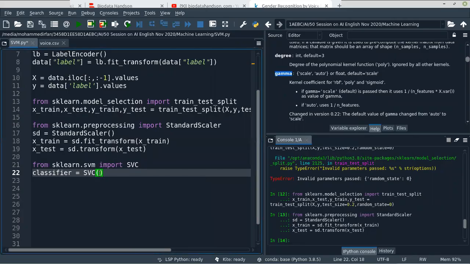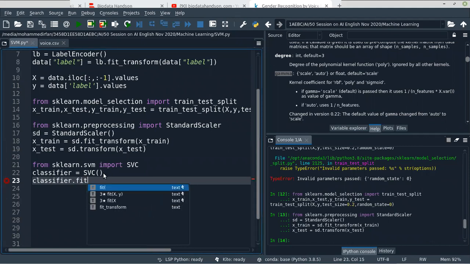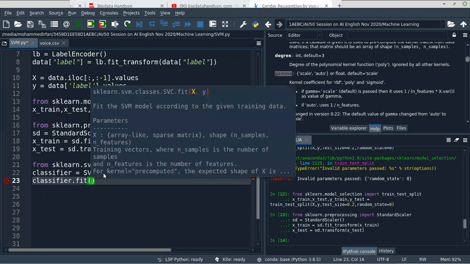Okay, now first let me keep the default ones, and then we'll try to fit the classifier, not giving any parameters. I just simply take the default ones and let's see how it is working.